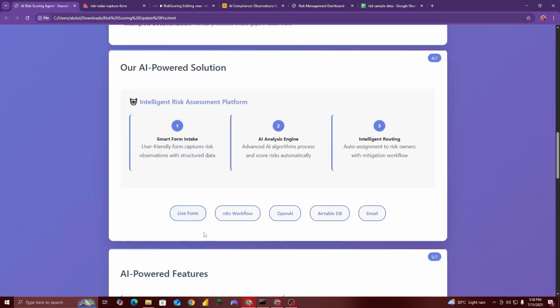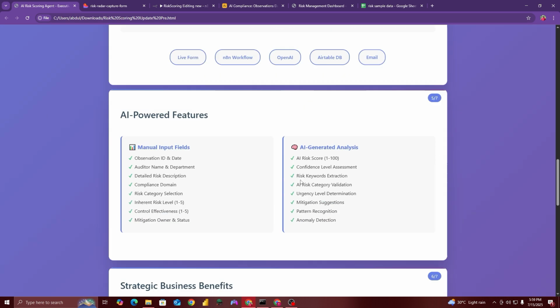Here are the different components of this risk scoring AI agent. A live form is created using n8n. The AI analysis engine is created using n8n, a no code or low code tool. We can use OpenAI models or Claude AI, or you can use your own local models also. An Airtable database is used for saving all the data, and it has the email integration also.